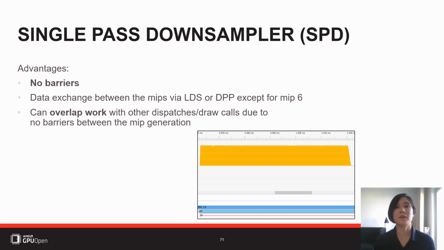Since we don't have the barriers anymore, we can do pipelining on the same queue. We just issue the next pass, which needs to be independent of this downsampling, obviously, but we can issue it basically afterwards, and then it can overlap. We don't have barriers within the downsampling chain preventing this. And of course, you can still put it on the async queue. This always works as well.